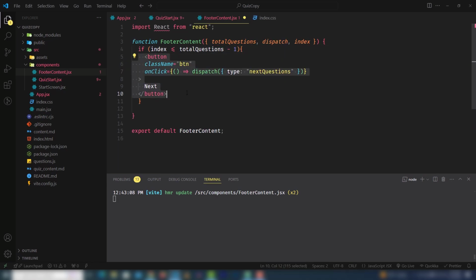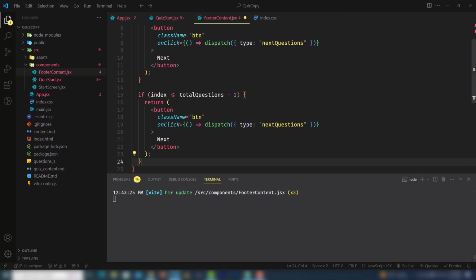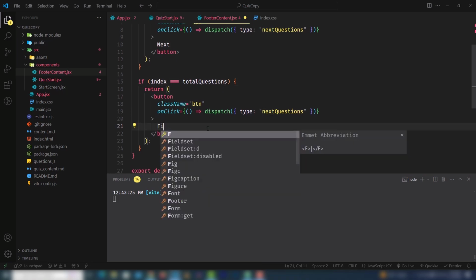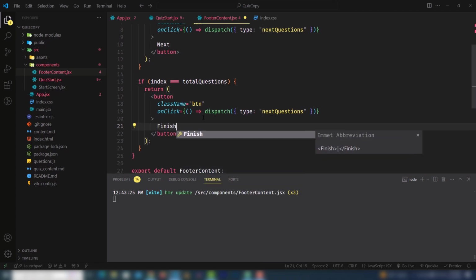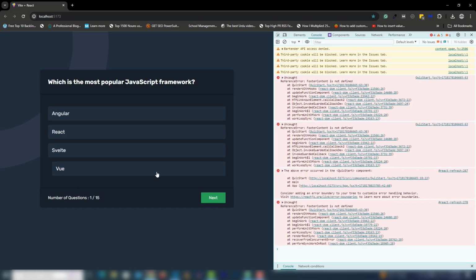I need to return this one data, and also I need to get one more time, and I need to pass the index number is triple equal to the total questions. Then we need to display the finish. I will work on this one later. This time I just leave that. So save, and footer content is not defined. Okay, where